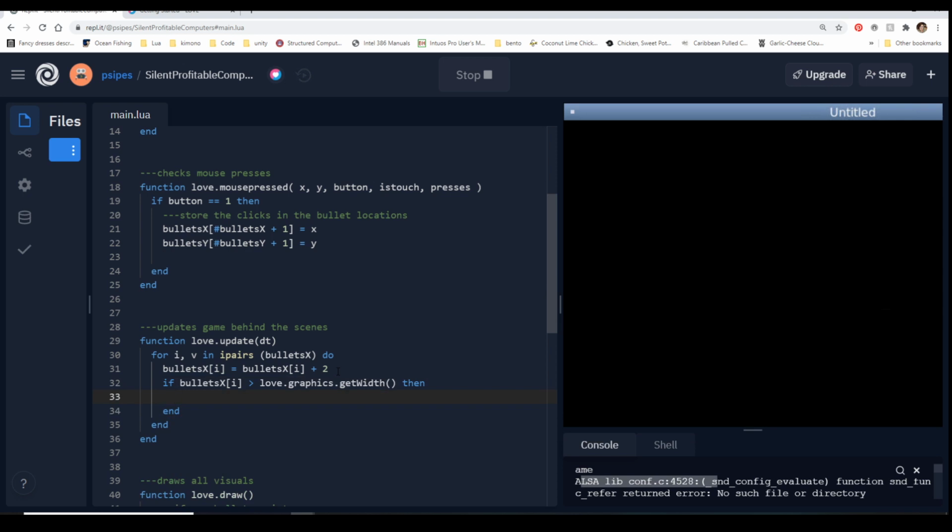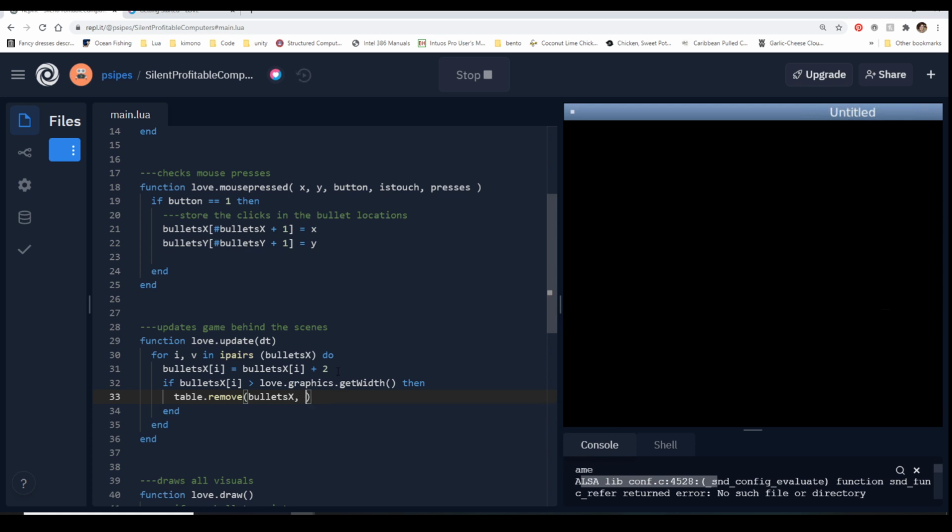And to remove something from a table, again, one of the nice things about Lua is that it's pretty common sense. So what do we want to do? We want to get a table and we want to remove something. Well, what do we want to remove? We want to remove from the bullets x table.